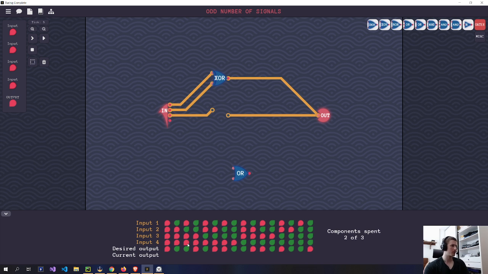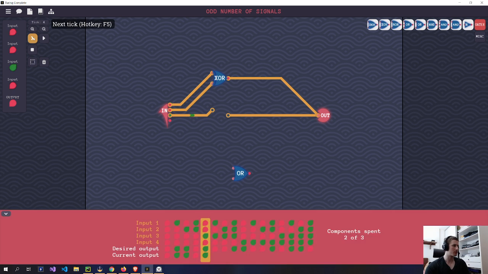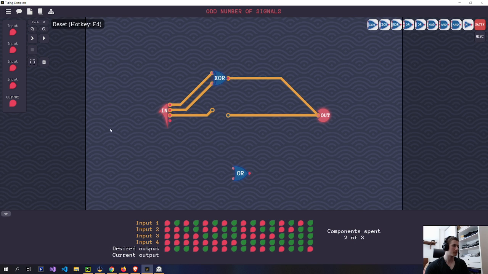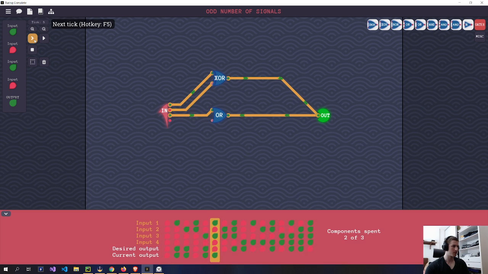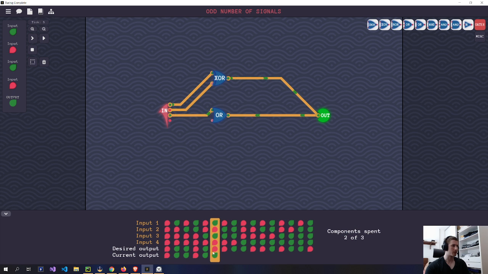It's the third input. Let me see how many this passes. So it fails on this one, and this one. Let me see. I wish they had numbers here, so it would be easier to see which one I'm at. Oh, so it doesn't act like an OR gate. Only on the first one, but then it fails on the second one. So I need one that